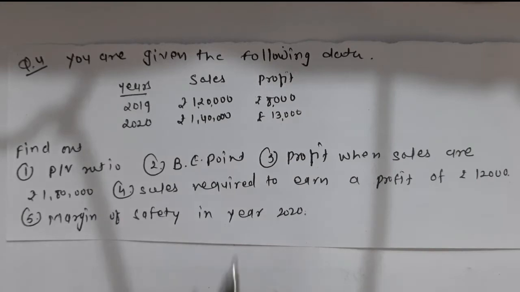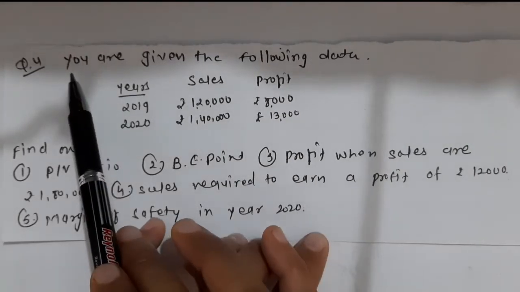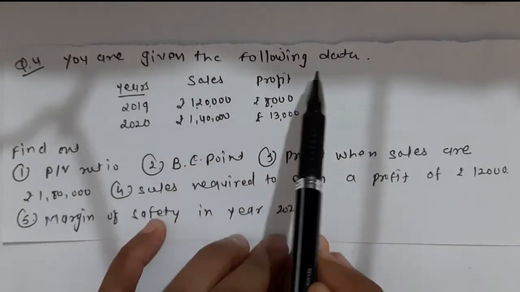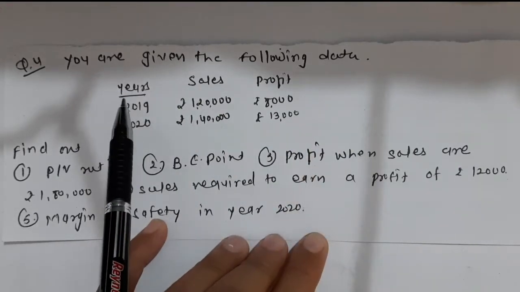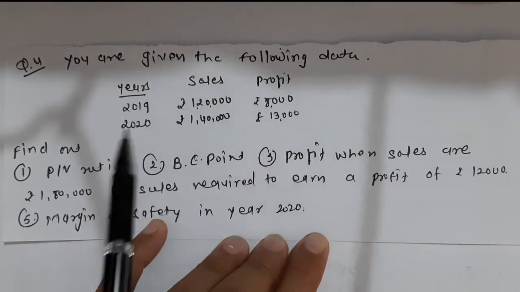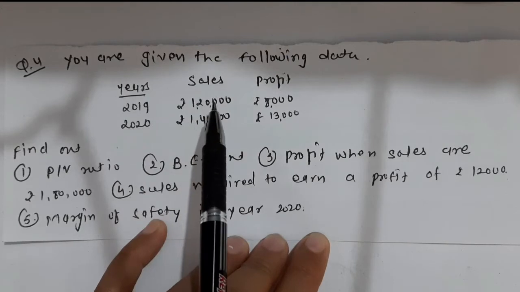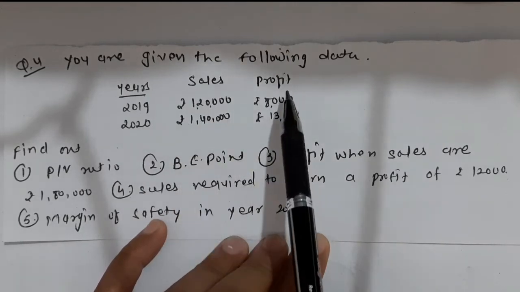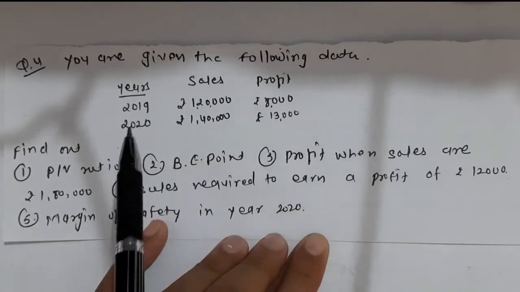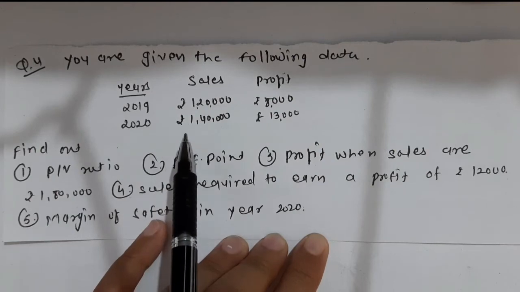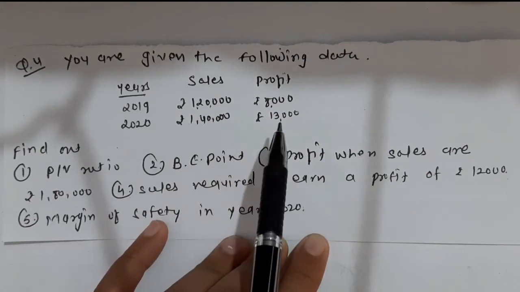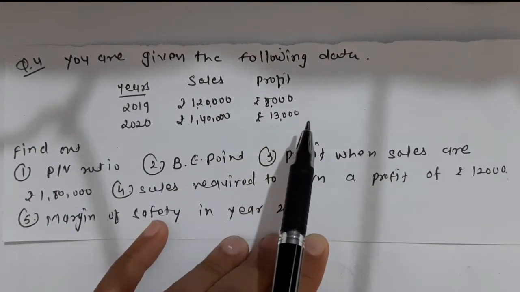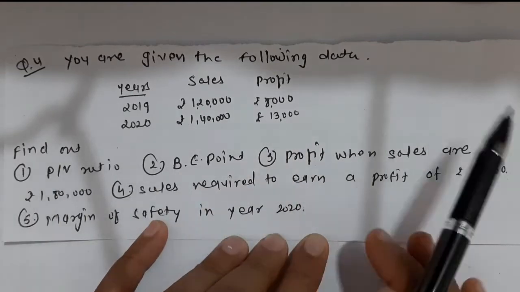Let's start it. The question is given like this: You are given the following data, years, sales and profit are given. In 2019 sale is 1,20,000 and profit is 8,000. In 2020 sale is rupees 1,40,000 and profit is 13,000. Okay, what they asked to